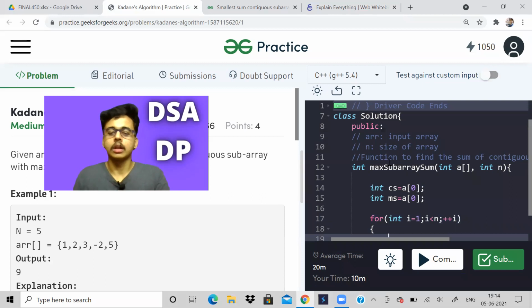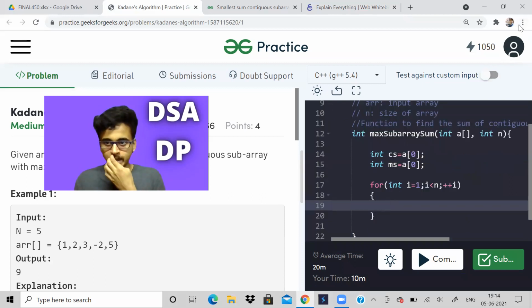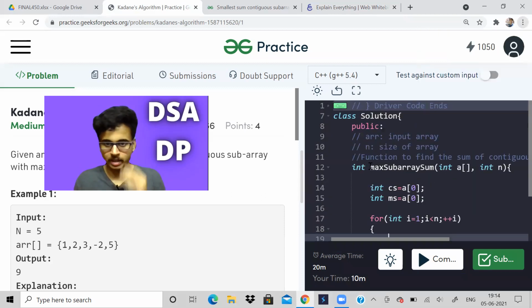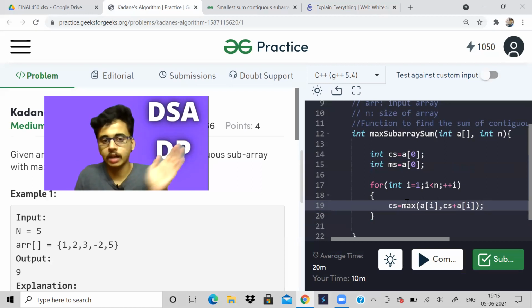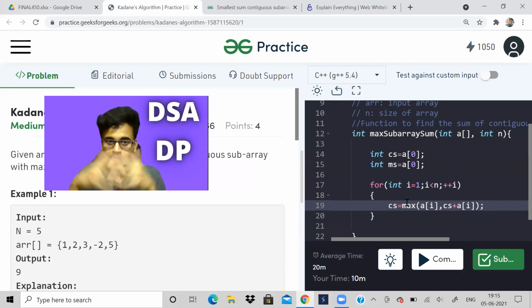Okay. Now what are we supposed to do? I think I should decrease the font, or maybe you are able to see. Okay, so now what are we actually going to do? So we will say current sum is maximum of a of i or current sum plus a of i. I'll repeat what this means again. See, either we include the current element in our current sum, make it bigger, or if our current sum plus